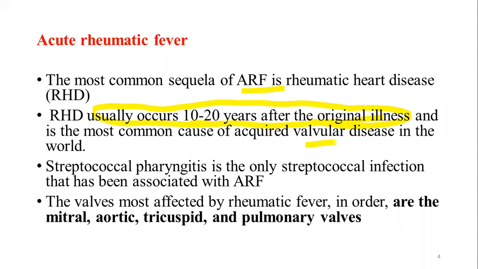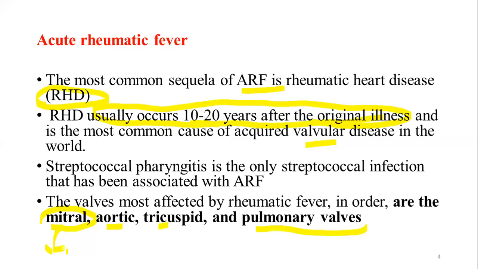Even in our setup, this condition is very common, but most patients come with the diagnosis of RHD after they have developed a valvular problem. Remember, in acute rheumatic fever, the heart valves are majorly involved. The mitral valve is the most commonly affected, followed by the aortic, tricuspid, and pulmonary valves. Generally, mitral valve stenosis and regurgitation is the most common problem after a single or repeated attack of acute